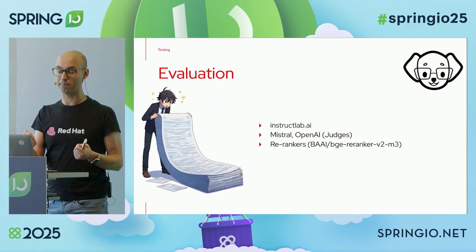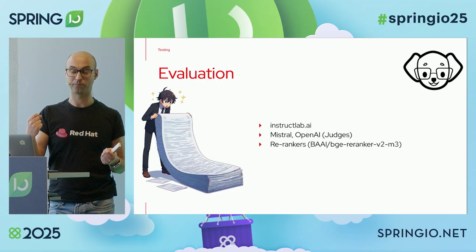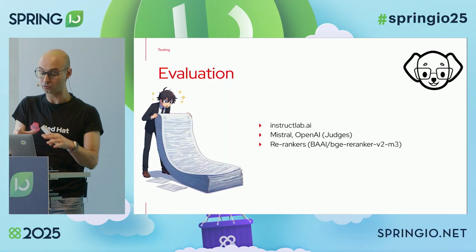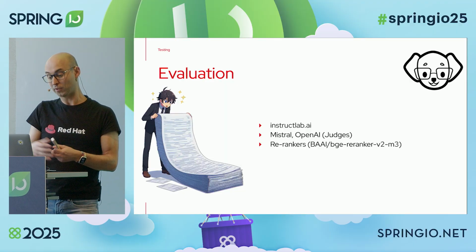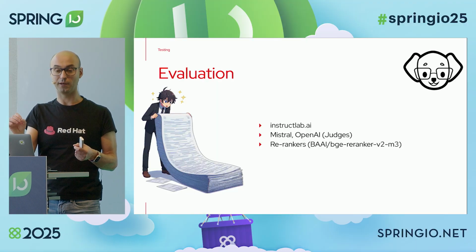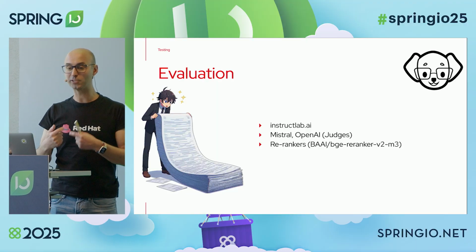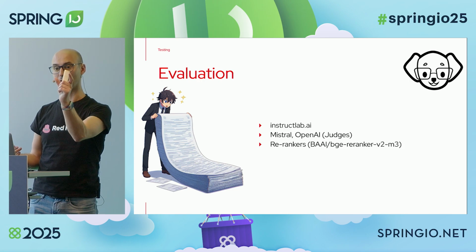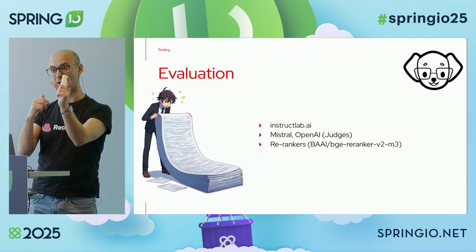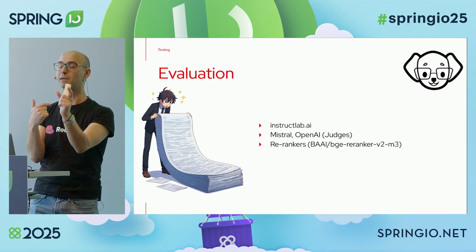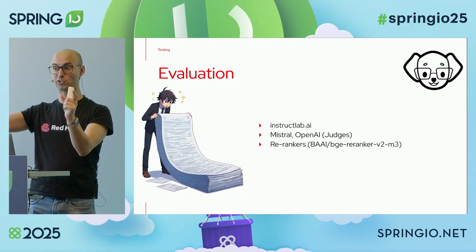And the last step that I'm involved in nowadays, checking if it works or not, and it seems that it's also a good way to do it, is re-rankers. Okay, re-rankers are lighter models than Mistral, OpenAI, and so on, and let you rank an answer. So basically you can say, this is the response. Is this a valid response for this question?